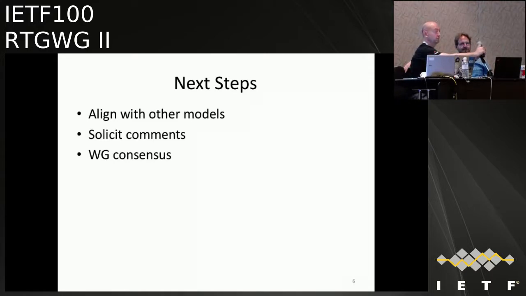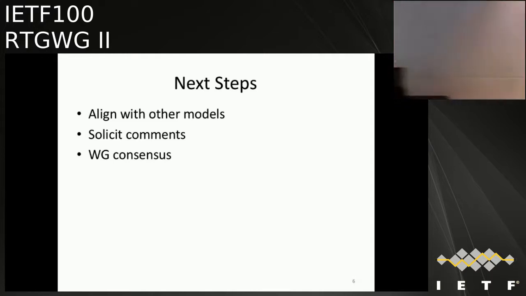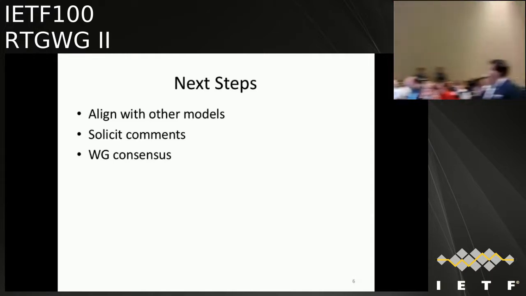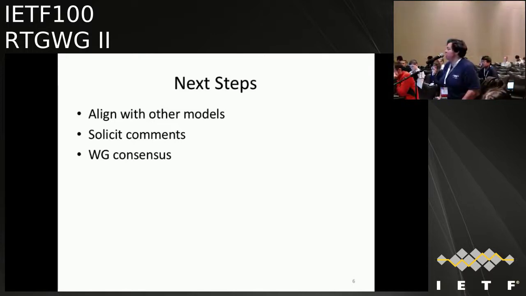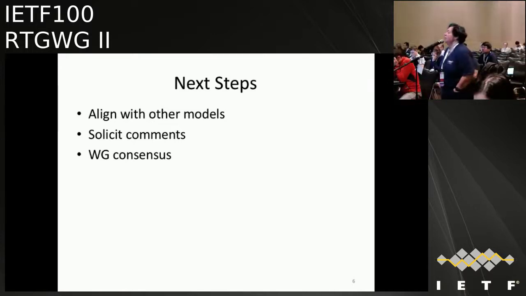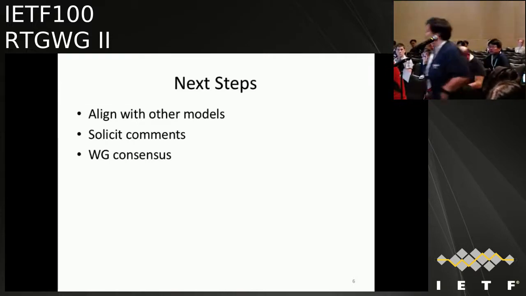Alia Atlas. Thank you for the draft. Just a point of detail, since ARP is traditionally in the int area and not routing, I want to circle with the int IDs to see what the right place to put this is. But thank you for doing the work.